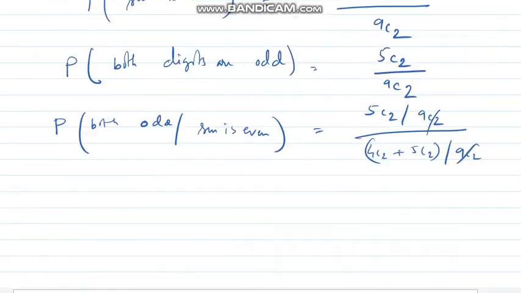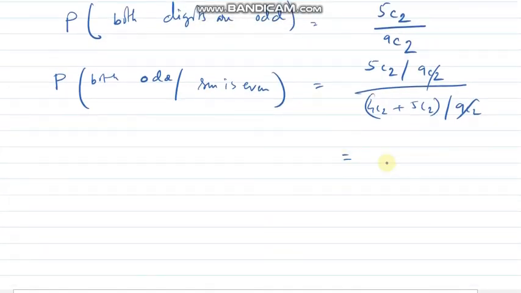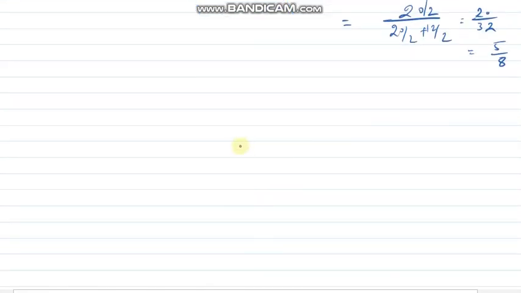So if I calculate 5C2, that is 5 into 4 by 2, which is 10, and 4C2 is 6, so 20 divided by 20 plus 12, that is 20 by 2 divided by 20 by 2 plus 12 by 2. So the answer is 20 divided by 32, which is 5 divided by 8. If you don't know how to calculate 5C2 and 4C2 and all this, please check my video on probability, permutation and combination.